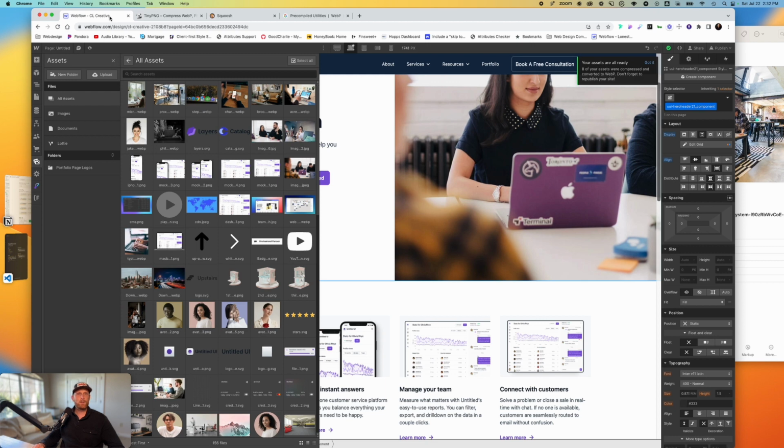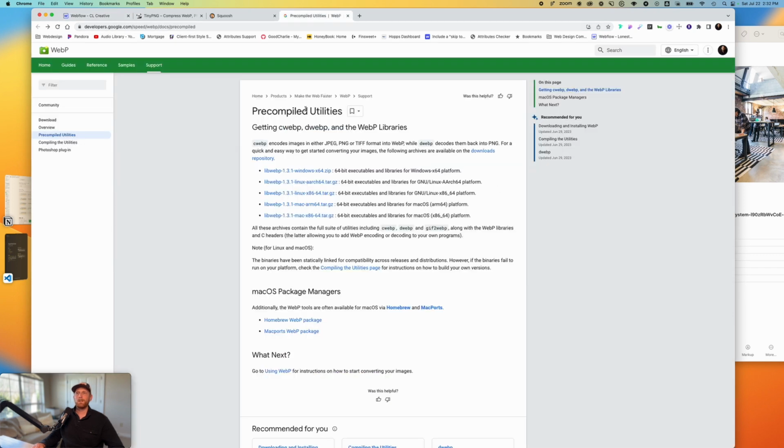Now, I did say there was going to be a bonus tip, and this is our 5th tip, bonus tip. One of the things that you can use is this utility that Google actually will provide you to convert your images to WebP. Now, this takes a little bit of coding knowledge. It takes the use of the terminal, and you've got to be super specific with how you have everything lined